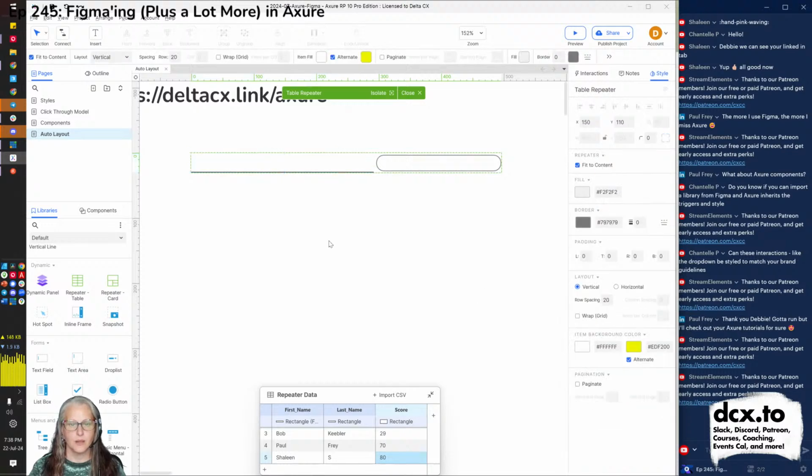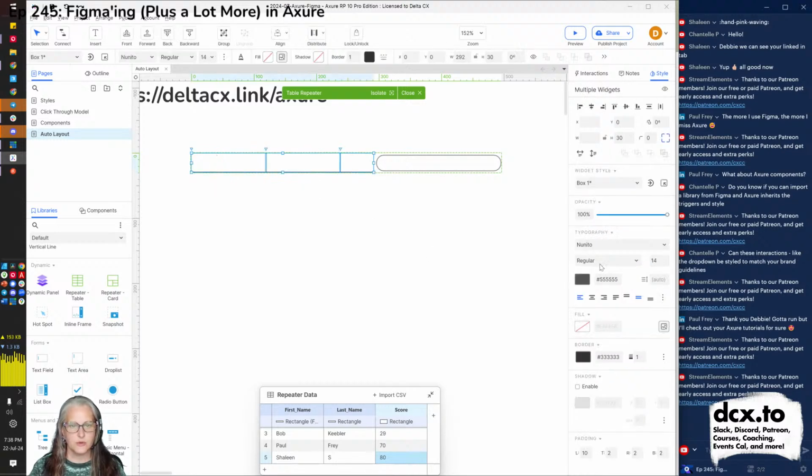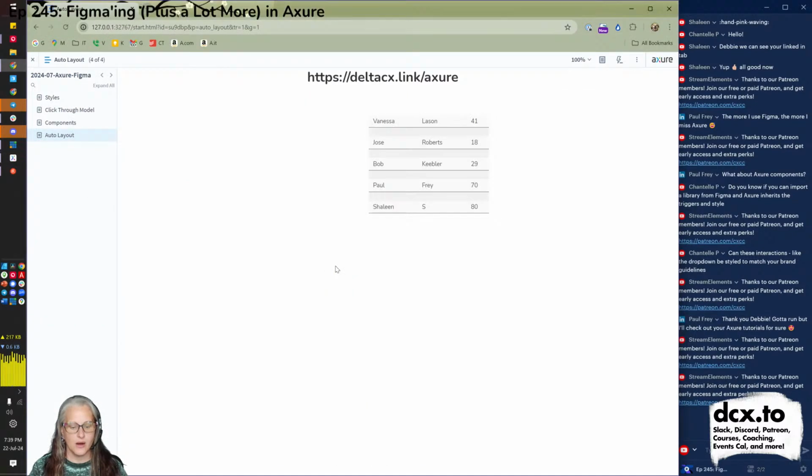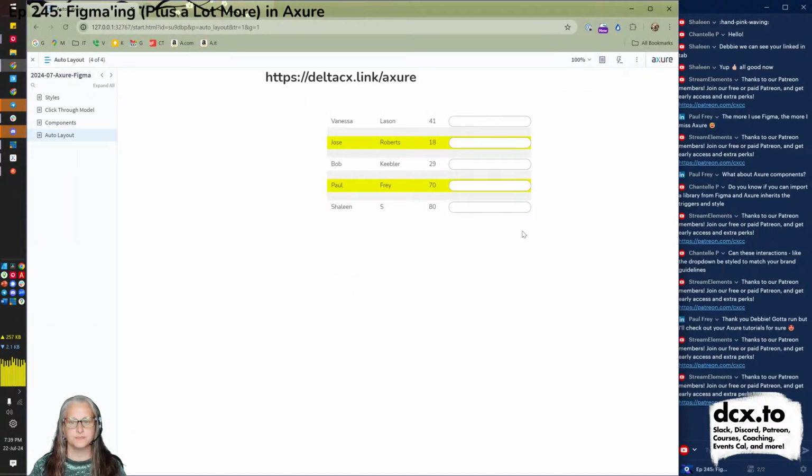Okay. All right, this is my new model. It's got this line underneath, but let's take that off also. Border 0. Okay, obviously that makes it even harder to see where some of our pieces are, but let's see what our repeater looks like now. All right, we're getting there. There's still a weird gray box here that we've got to figure out, but we'll get there.